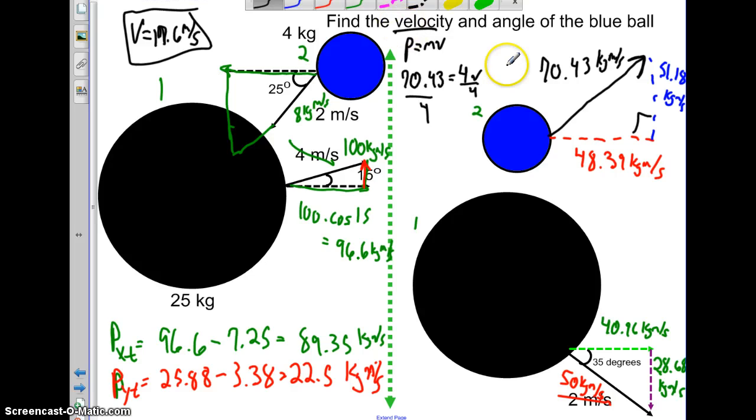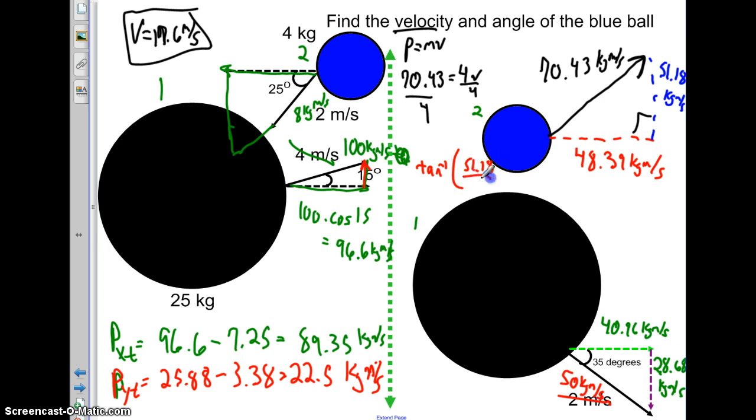Now the angle is relatively easy to get, because once we know all three sides of the triangle, you can use literally any of the three trigonometric functions to get this. But we have to use the inverse trigonometric function. I did another video talking about the inverse function, so you can look that up if you need to. It talks about trigonometry and momentum, but I'm going to skip a lot of it and just go straight to, I'm going to use inverse tangent. So I'll have that the tangent inverse, oops, that's the same color, so let me change colors here. Looks like I'm connecting it. The inverse tangent of opposite over adjacent,